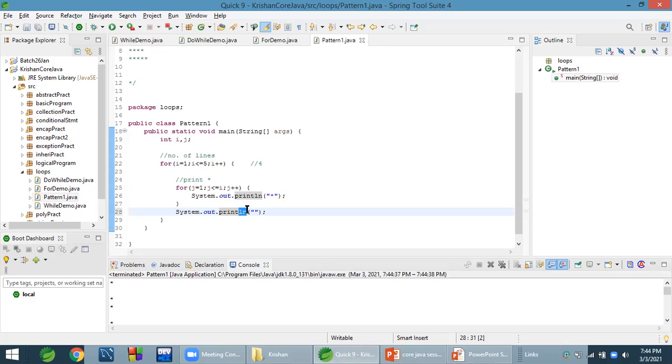Just a second, the for loop is to be removed. Now we'll check. Yeah, it's printing now. Here we have to use print instead of the println method, because here the task is to print only, not to go to the next line. Here we will use only print.